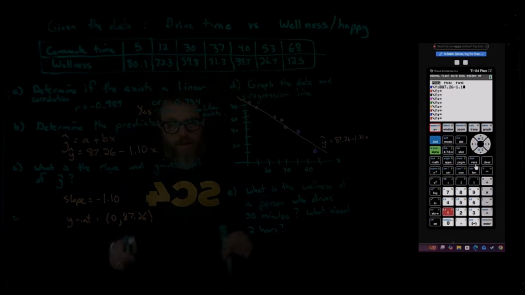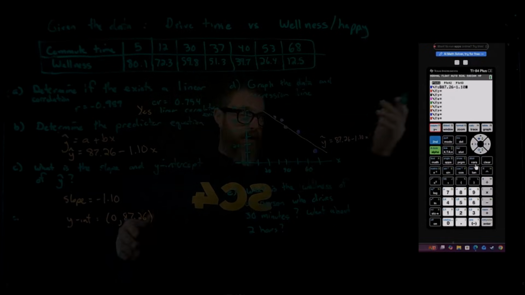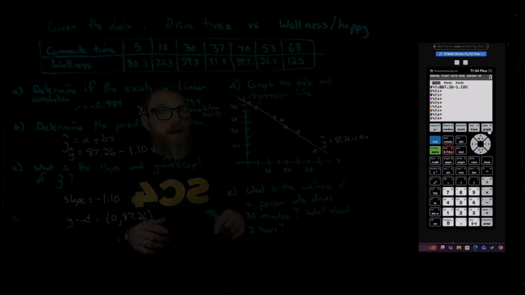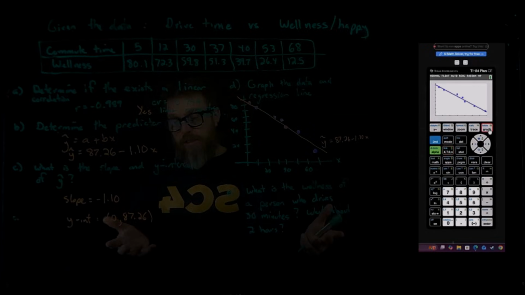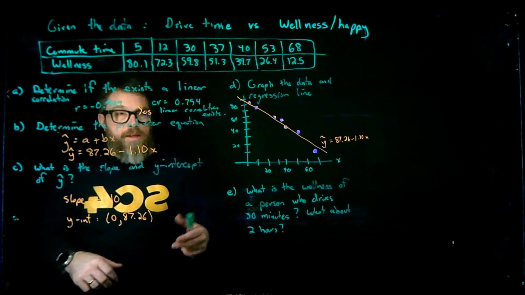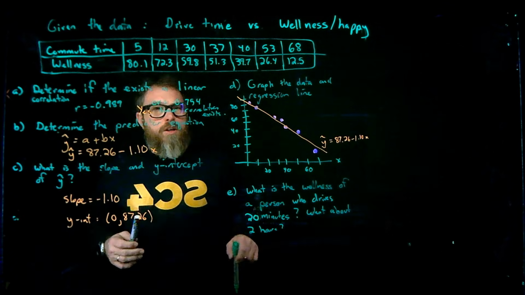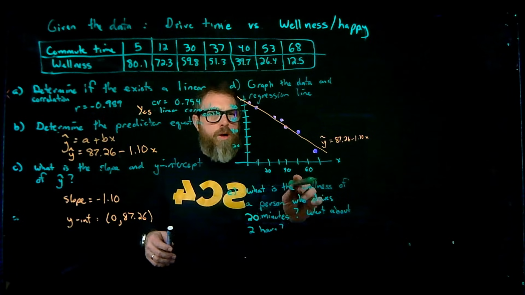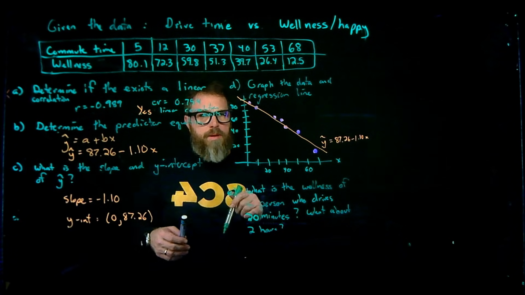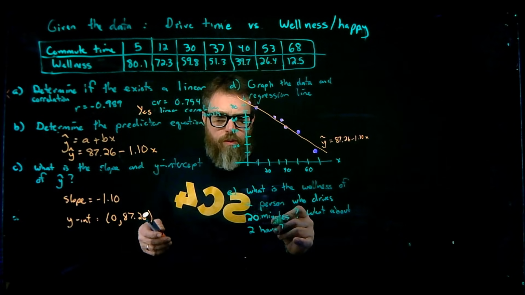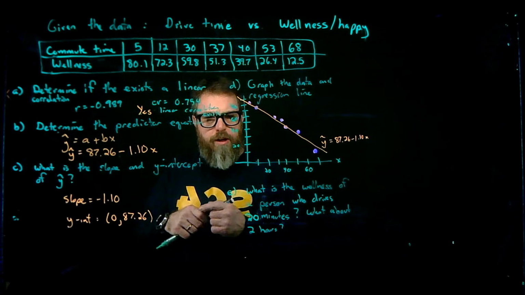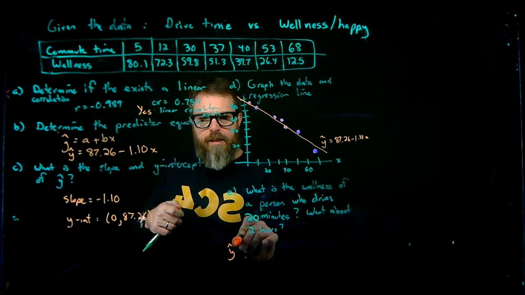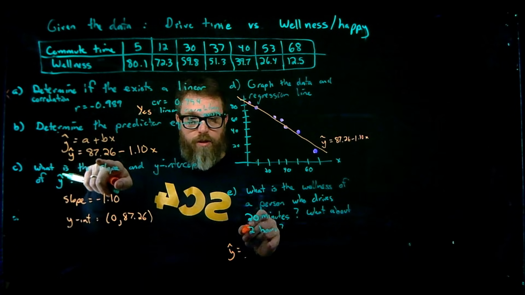Okay, so now that we can plot this by hand or plot this on a calculator, let's ask if we can make predictions, because that's the whole idea of regression lines: can I make a prediction given data? So let's make predictions. What is the wellness of a person who drives 20 minutes? And then we'll also do 2 hours after that. So if I want to do 20 minutes, what I know is that y hat, remember this is the predictor, is going to be equal to